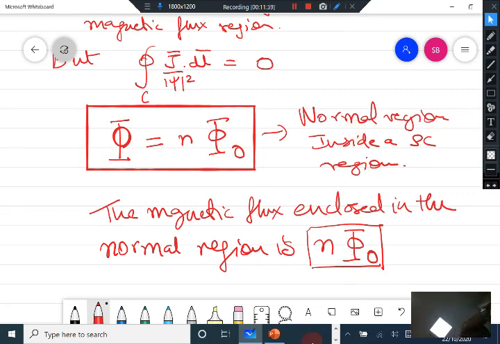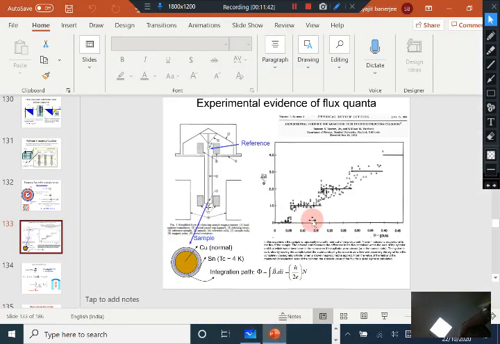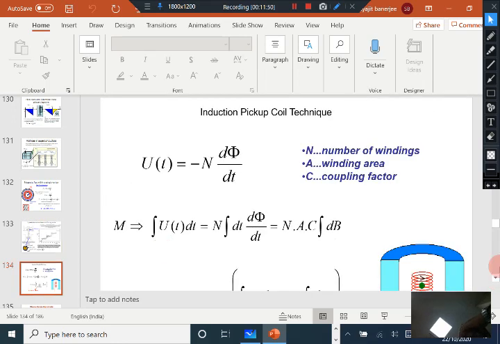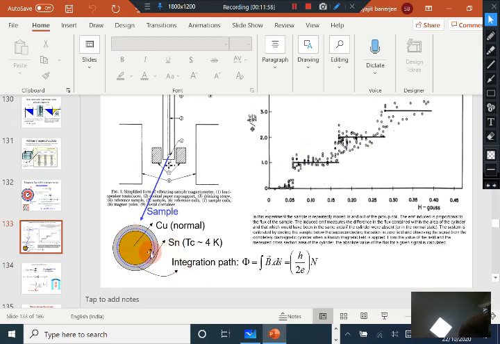This is something that you have seen before, and let me remind you that there was an experiment done to prove flux quantization. A cylinder was taken. You have a copper cylinder which was surrounded by tin. This is the top view. So, just as I have drawn, you have a copper cylinder which is non-superconducting, surrounded by tin, which has a superconducting transition of 4K, and the magnetic flux enclosed is the flux within the copper cylinder.